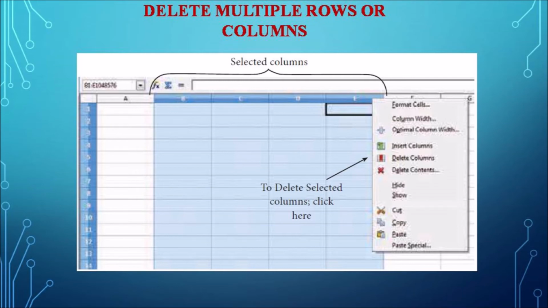So till now we have seen how to edit the worksheet: how to insert columns, rows and cells, also inserting these three using the toolbar, and deleting cells, columns and rows, single or multiple. All these come under the topic of editing the worksheet. Next we are going to see how to format the worksheet, and what formatting options are available, both text formatting and number formatting.